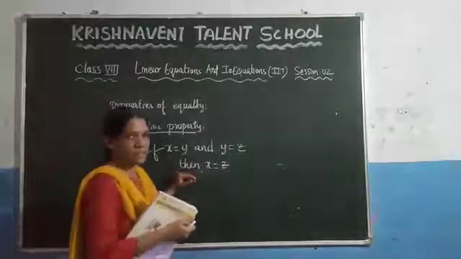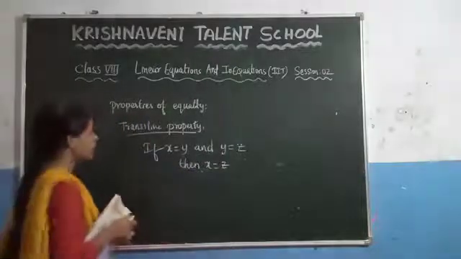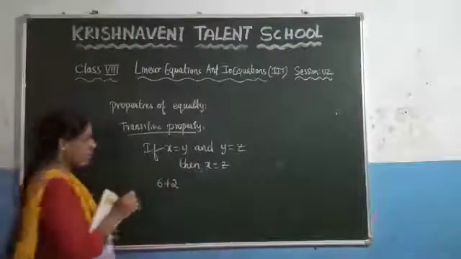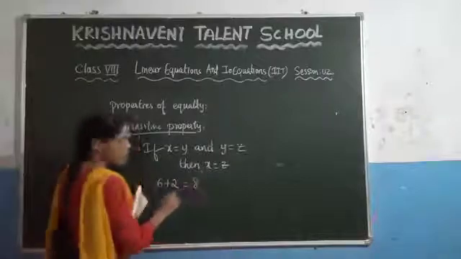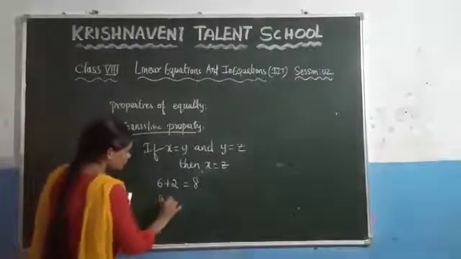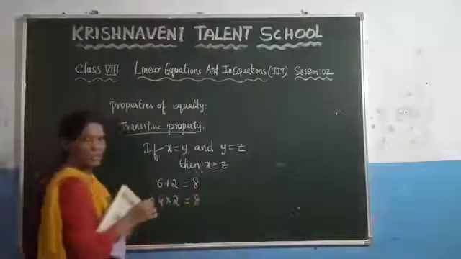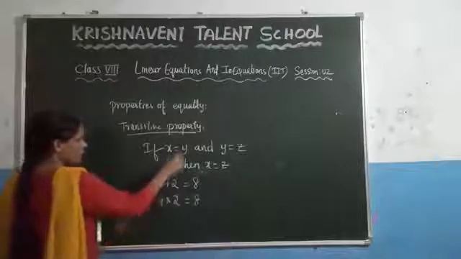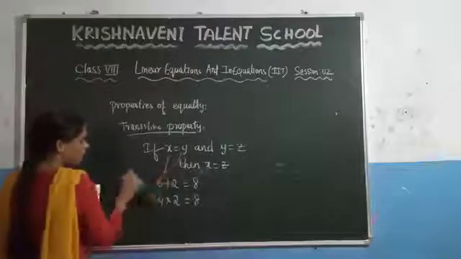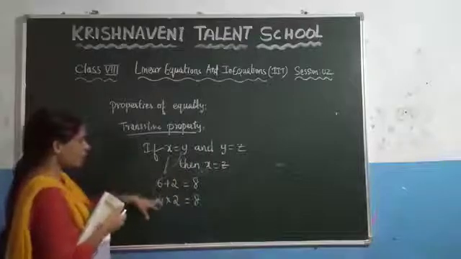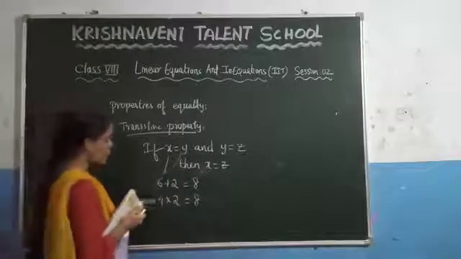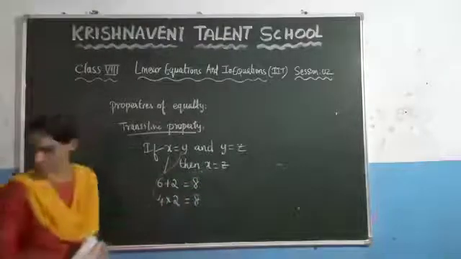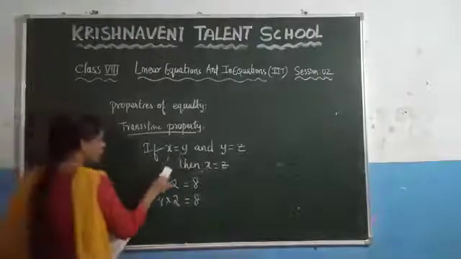Let us understand this with the help of examples. Consider 6 plus 2. You know that 6 plus 2 is 8, right? Consider 4 into 2, which is also 8. So let us consider the first value as x and the second value as y. You know that x is equal to y. And if x is equal to y and y is equal to z, then we can equate x is equal to z. So based on this, what we can conclude here,